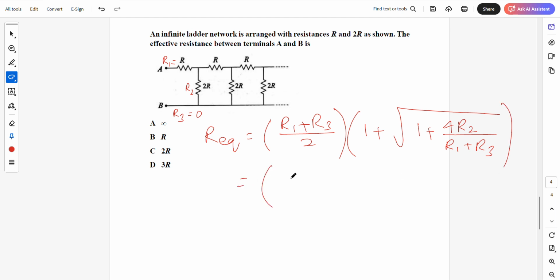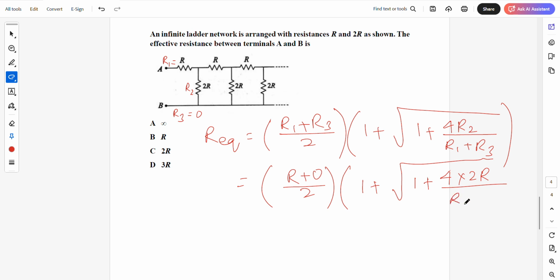That is equal to R1 is R, R3 is 0, divided by 2 into 1 plus square root of 1 plus 4 into 2R divided by R plus 0. That is equal to R by 2 into 1 plus square root of